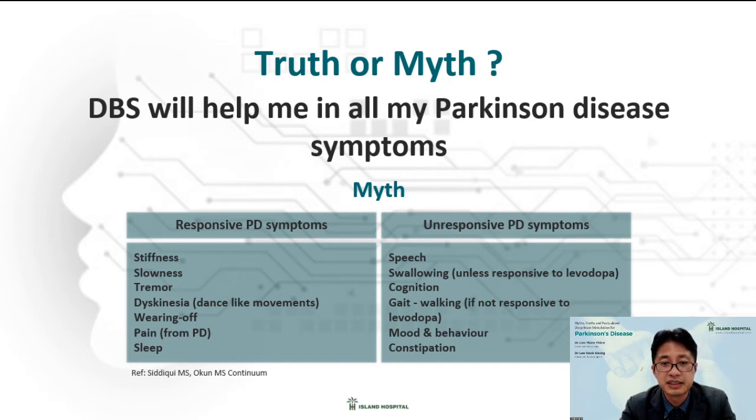Gait issues, meaning they have difficulty walking, and they take the levodopa and find that the walking improves, DBS does help in those cases. But if they take the medication and the levodopa doesn't help, DBS normally doesn't help in those cases as well. If you have depression, mood, behavior issues, although nowadays there are studies looking at